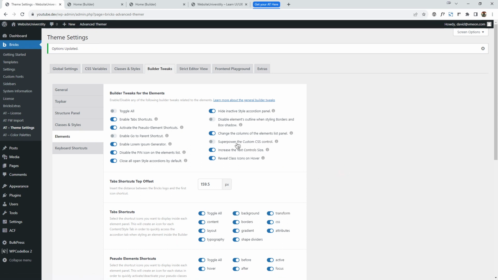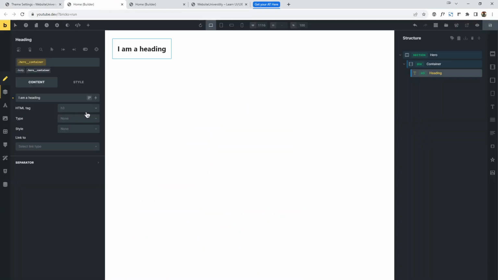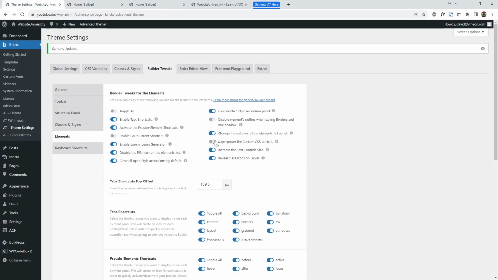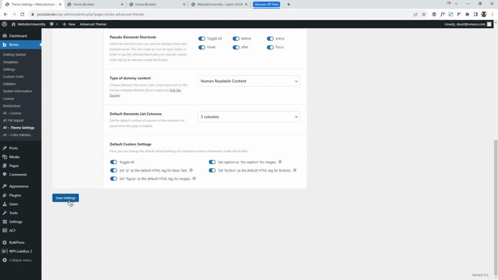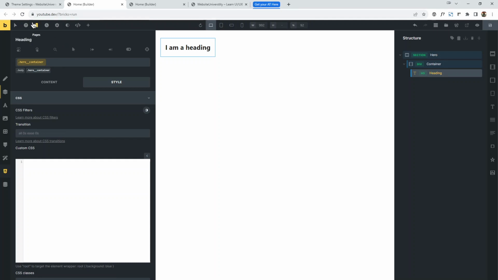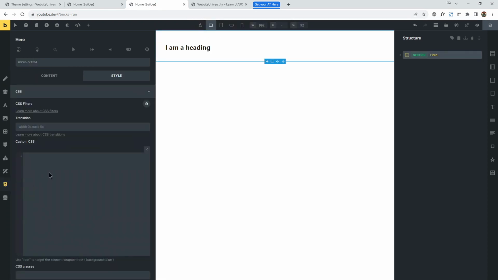So the Superpower the Custom CSS control. When that option is enabled, you get a better view here. So let's supercharge it. You get things like autocomplete and stuff. So this is the state now, and this is what you get with the superpowers. So better background,